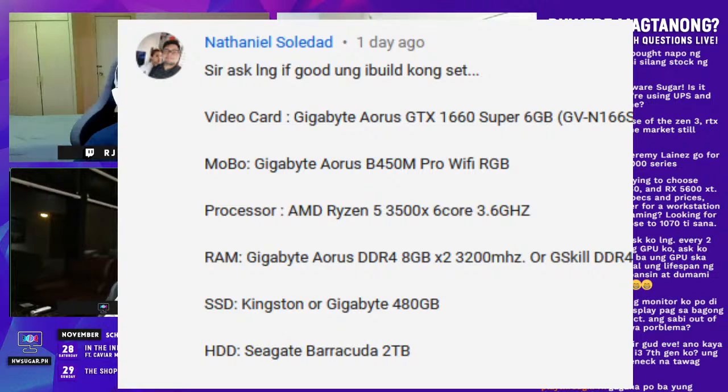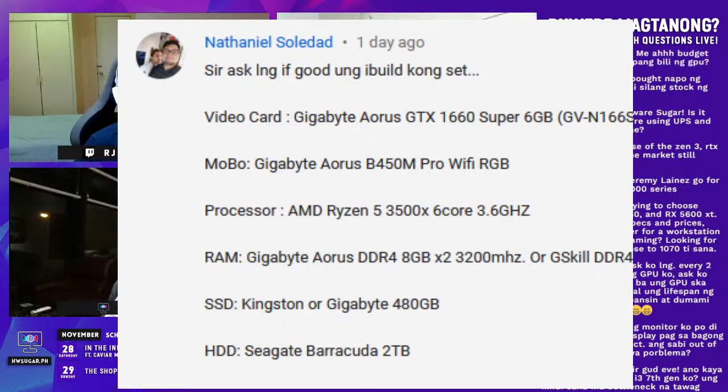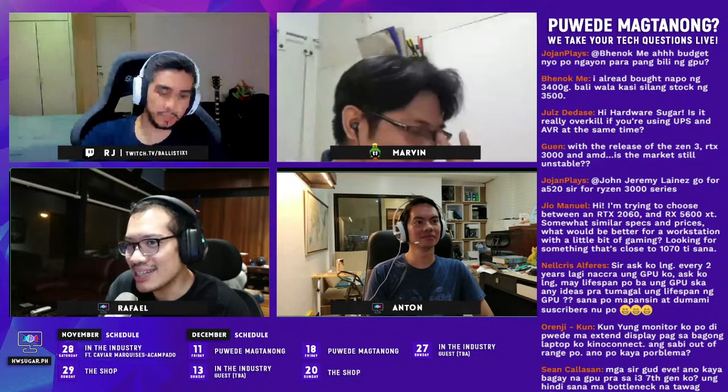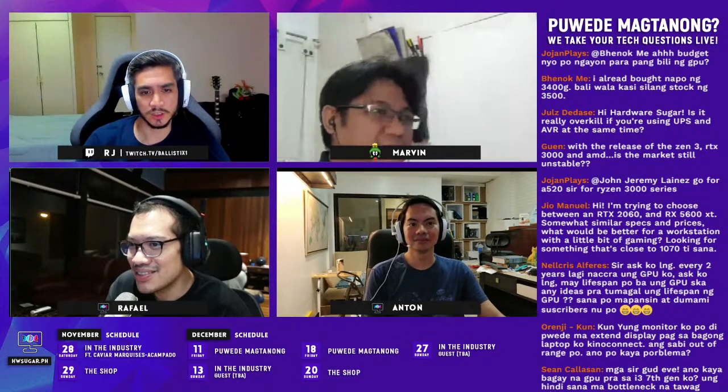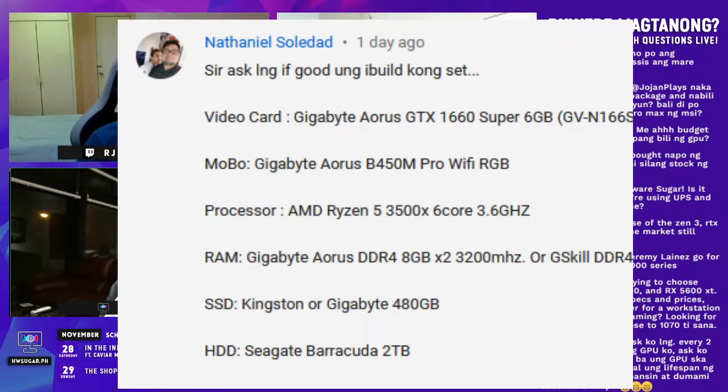That's better than your PC, I think, isn't it? Yeah, I think it is. Hands down. This will do very well. It doesn't say what monitor, what resolution and refresh rate he can be playing on, but I think this will do very well on 1080p, 60 hertz, and I think even maybe 144 hertz, depending on the game. Yeah, Valorant, CS:GO. Actually, most customers of the store buy this almost exact rig. Almost exactly. Even if this guy has had it for a long time now, people are still buying it today, almost exactly the same specs.